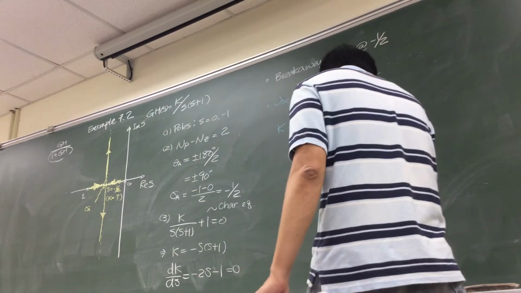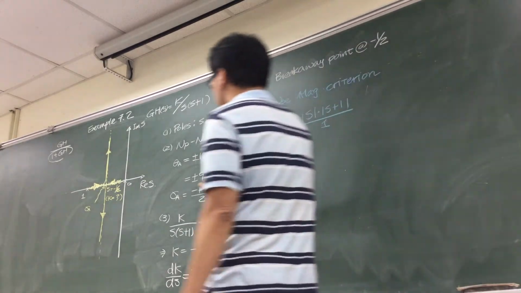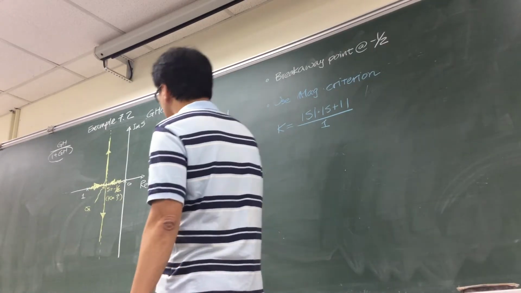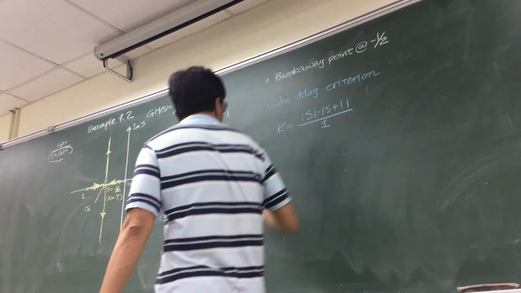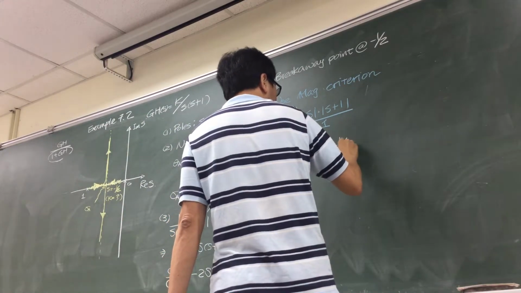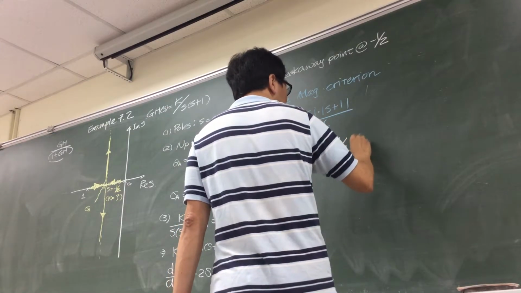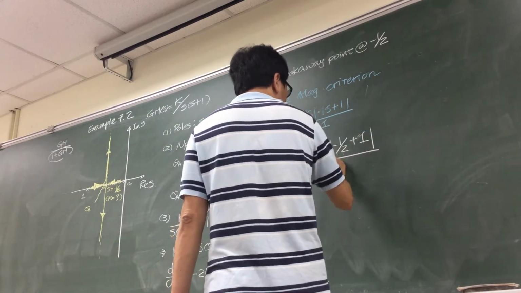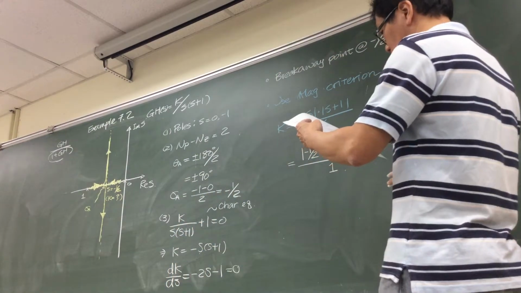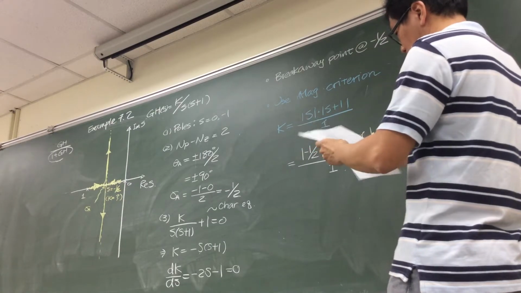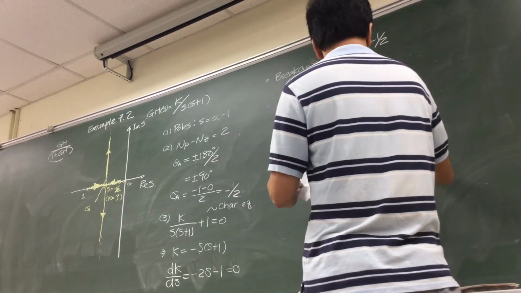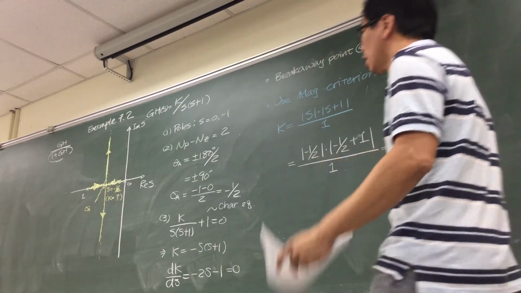Since I know my s in this specific example is going to be breakaway at negative 1/2, I can just put it in to see how much I'm going to have. So k is going to be